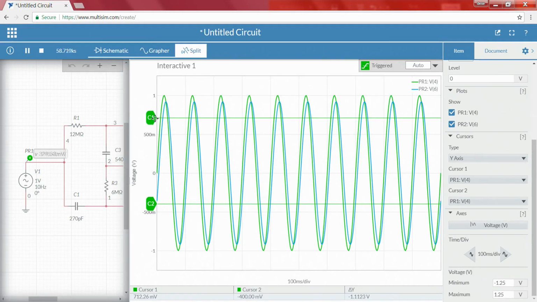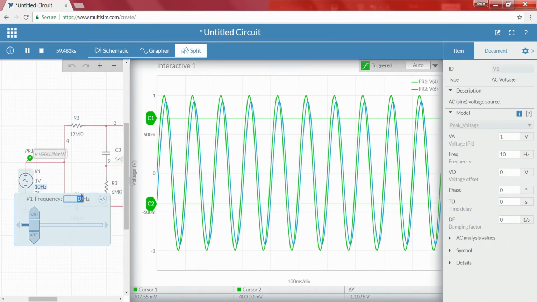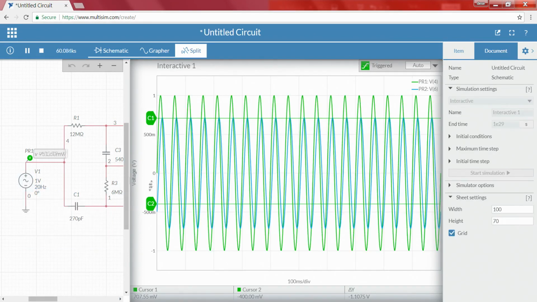When our output voltage is lower than this particular 707, or at 707, that is our cutoff frequency, which we generally consider in the frequency domain. Now, the output is greater than that cursor point, so that means this is not our cutoff frequency. Let me increase to 20 hertz; we increase almost close to it, but not exactly.